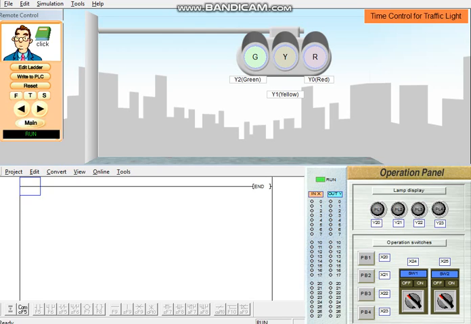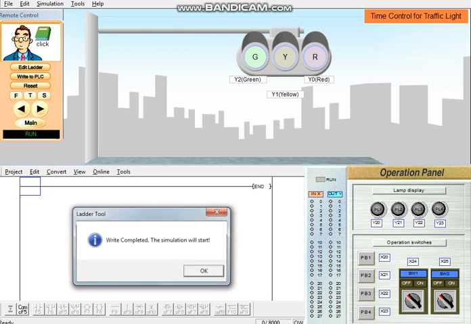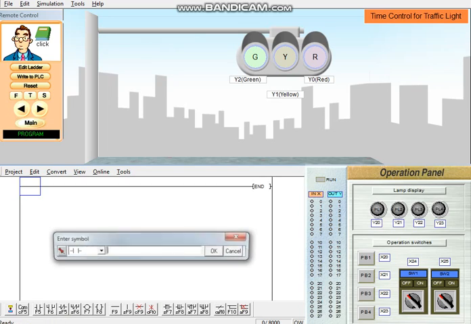Okay, so let's do the ladder. We need to put a normally open contact for your set, addressed to X21.